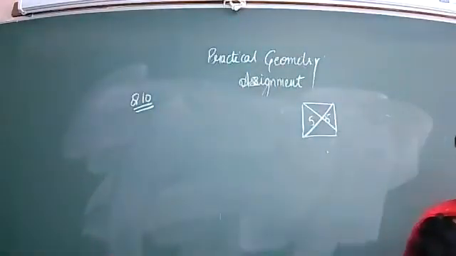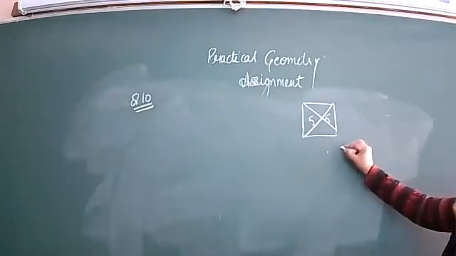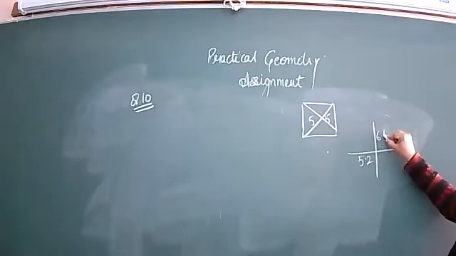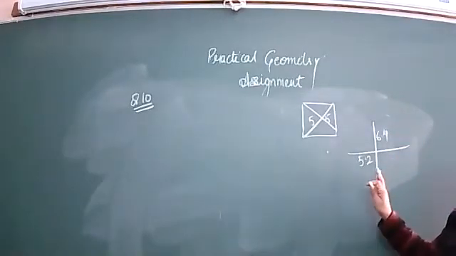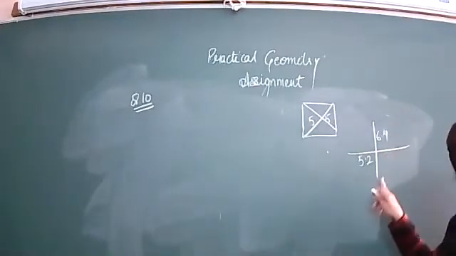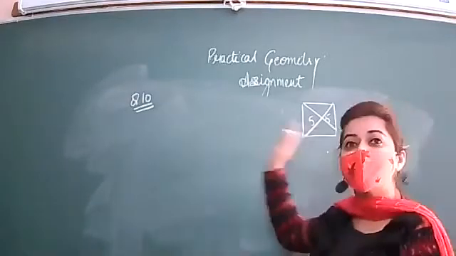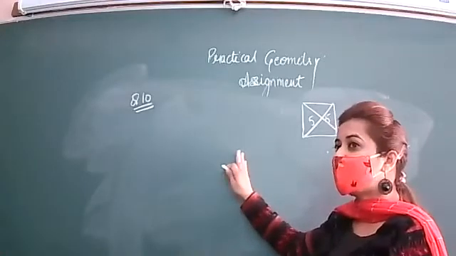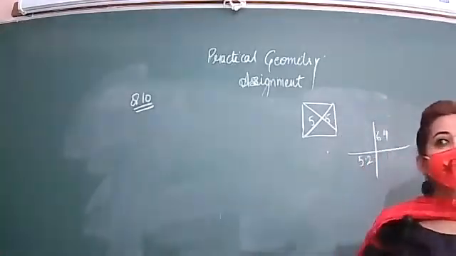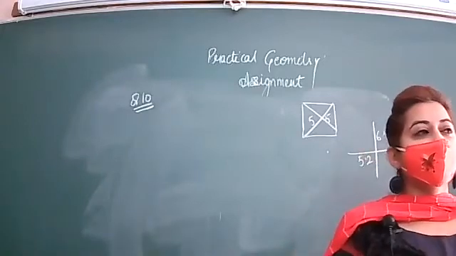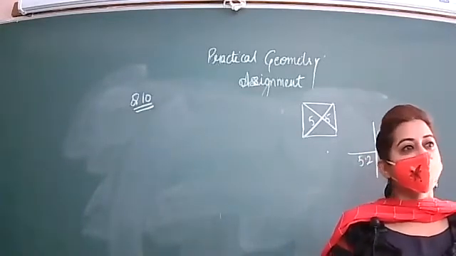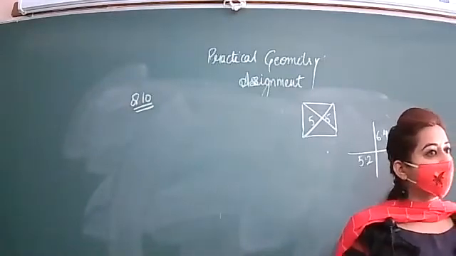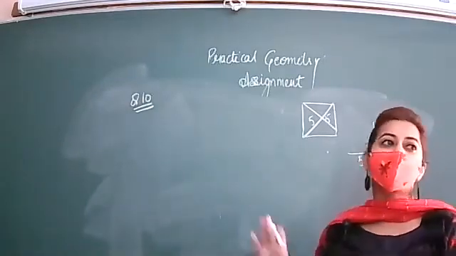In the case of the rhombus, if you remember, we discussed that 2 diagonals are given, one of 5.2 and the other of 6.4. What did we do in that question? Yes, exactly. So in the same manner, you will construct a square whose diagonals are equal, and we know that in the case of the square, diagonals are equal and they are perpendicular bisectors of each other. So you will use that same result as we discussed in the case of the rhombus, and use the same method to draw this.